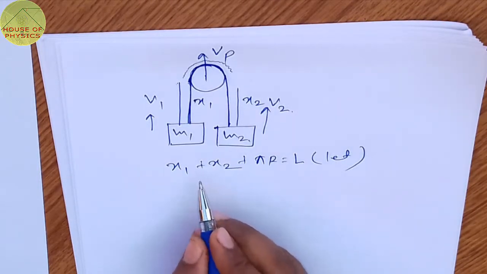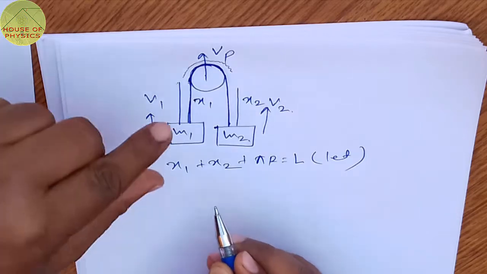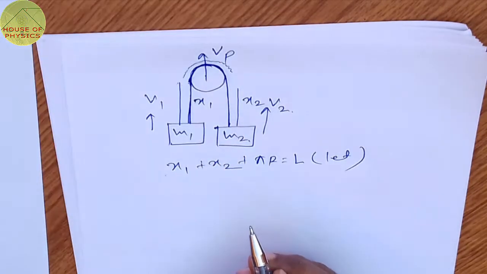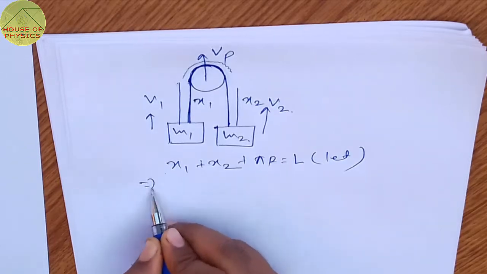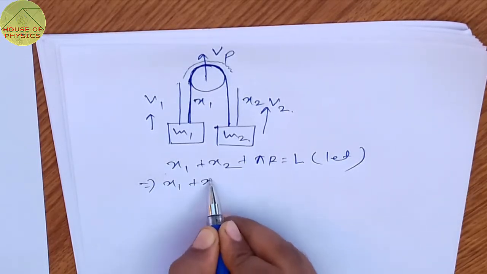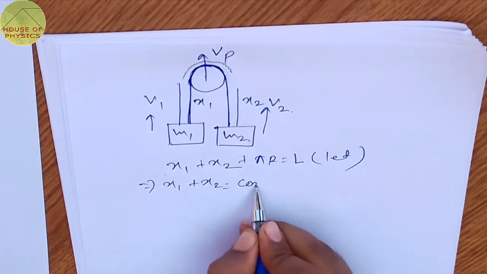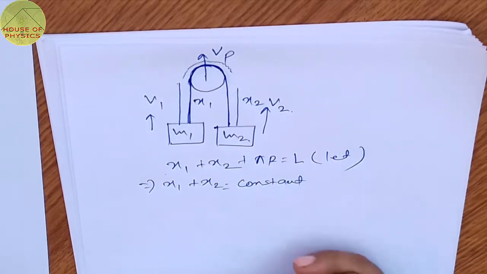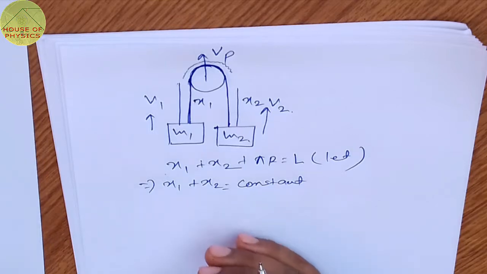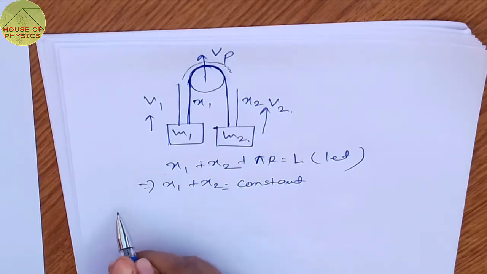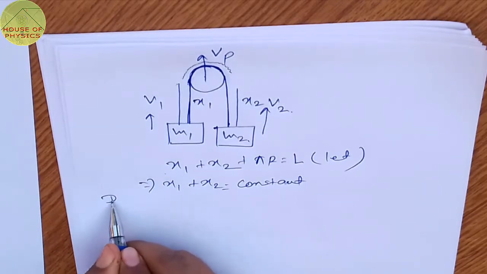From here we can see that this x1 length may vary, this x2 length may vary, but this pi r length will remain constant. So one further step we can write is x1 plus x2 equal to L minus pi r, which again will be a constant value. Now we have started to identify the generalized condition for the pulley block system. One mathematical expression needs to be evaluated, differentiating